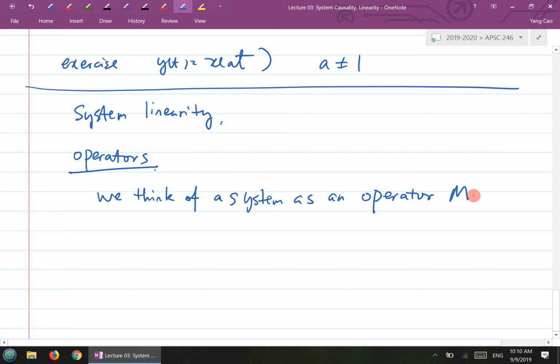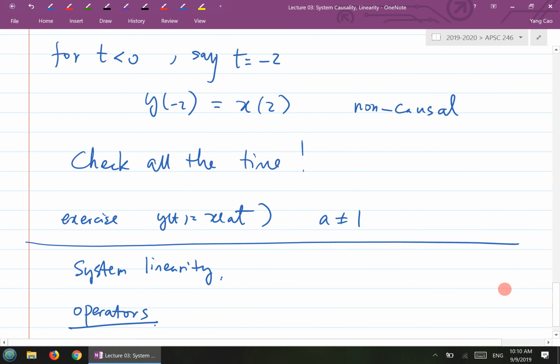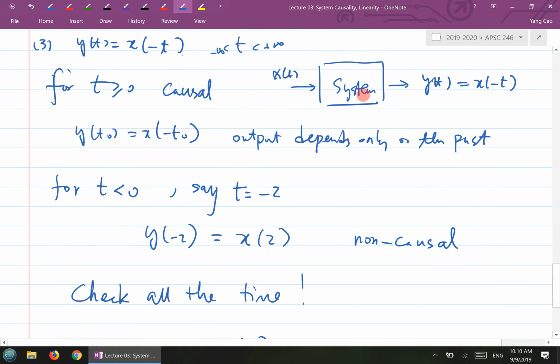Let's use a symbol m. You can use any symbol you want to represent this system. So the operator m represents a certain system. Now if you look back at what a system does, you have a system, and you have input and you have output. So essentially what a system does is it will manipulate,